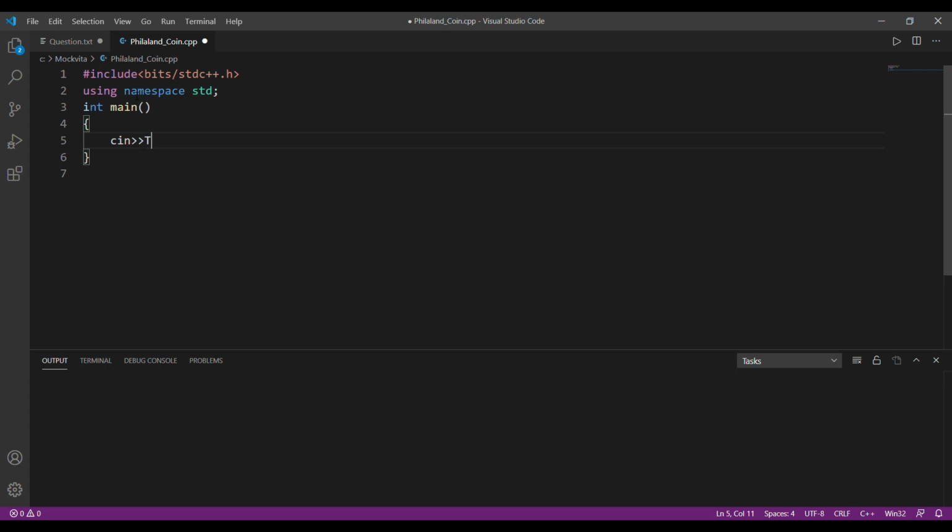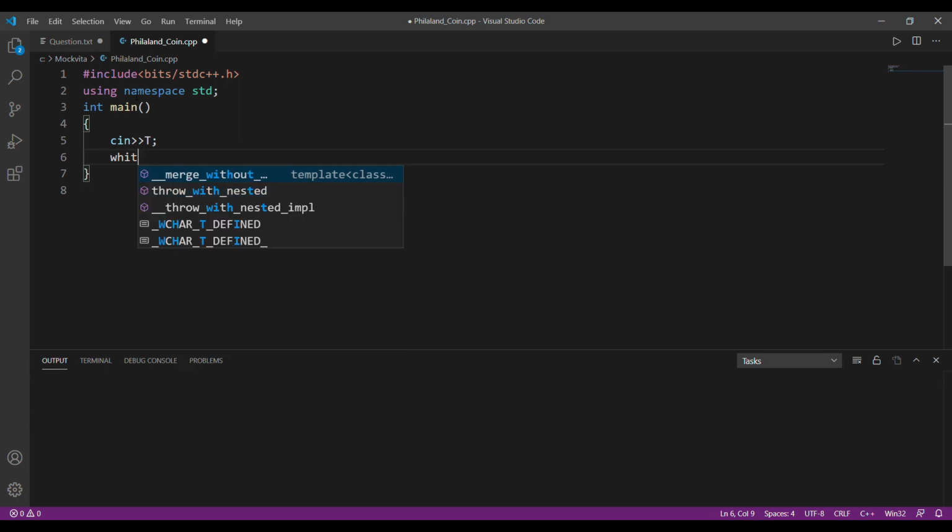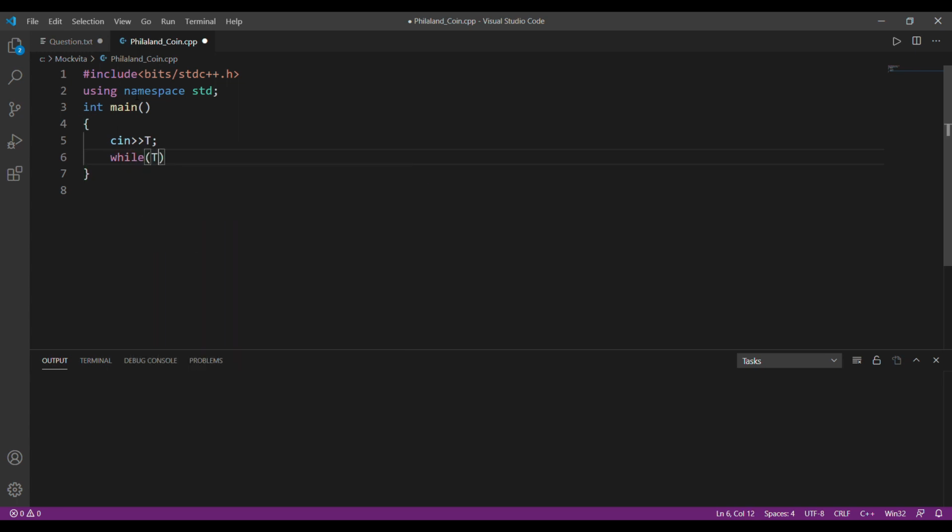All right, now I'll take an input of the number of test cases, and I'll create a while loop which will run till the number of test cases runs out. Here I forgot to initialize my t. Now I'll take a number, int num, and get an input.